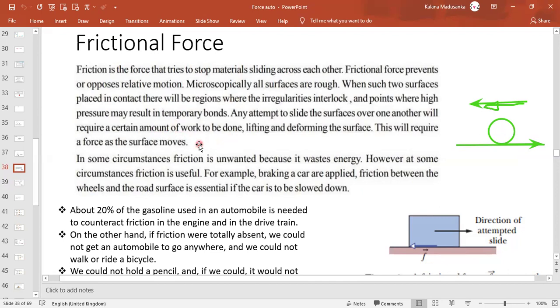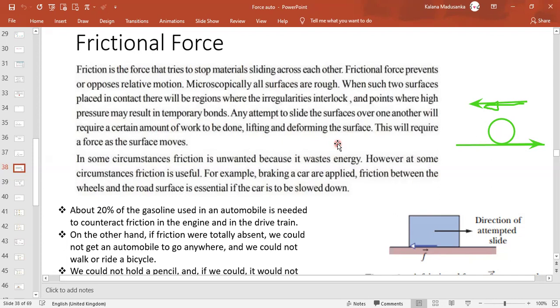In some circumstances, friction is unwanted because it wastes energy. There are advantages as well as disadvantages of frictional force. In the households, if there is no friction, if there are no rough surfaces, we cannot even walk. With shoes as well as without shoes, we cannot even walk. So we need the friction, as well as there are certain cases